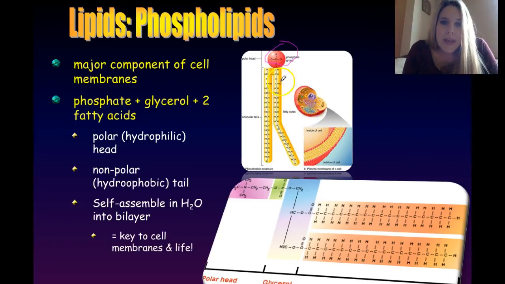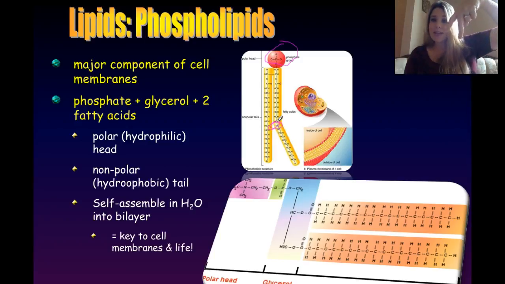But notice here that one of the chains has a kink and the other one doesn't. So in the case of phospholipids that make up our cell membranes, one is a saturated fatty acid chain where it's straight and all single bonds, and the other one has a double bond right here. And well, I did not draw that very straight. There we go. Double bond right there, which causes one of the tails to be kinked. So one is straight and one is kinked like that.